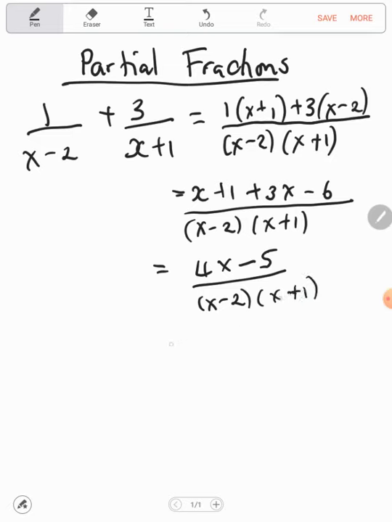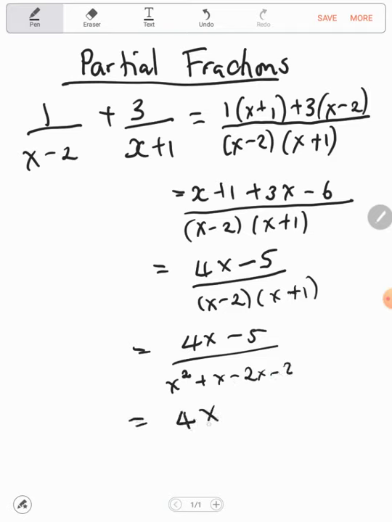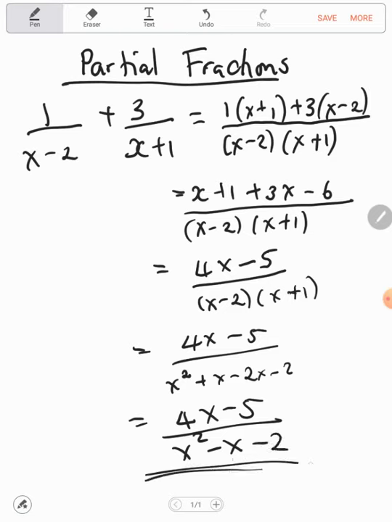Even the denominator, we can expand it further to give us 4x minus 5 over x squared plus x minus 2x minus 2. This will give us 4x minus 5 over x squared minus x minus 2. Okay, so this is how we make two functions into